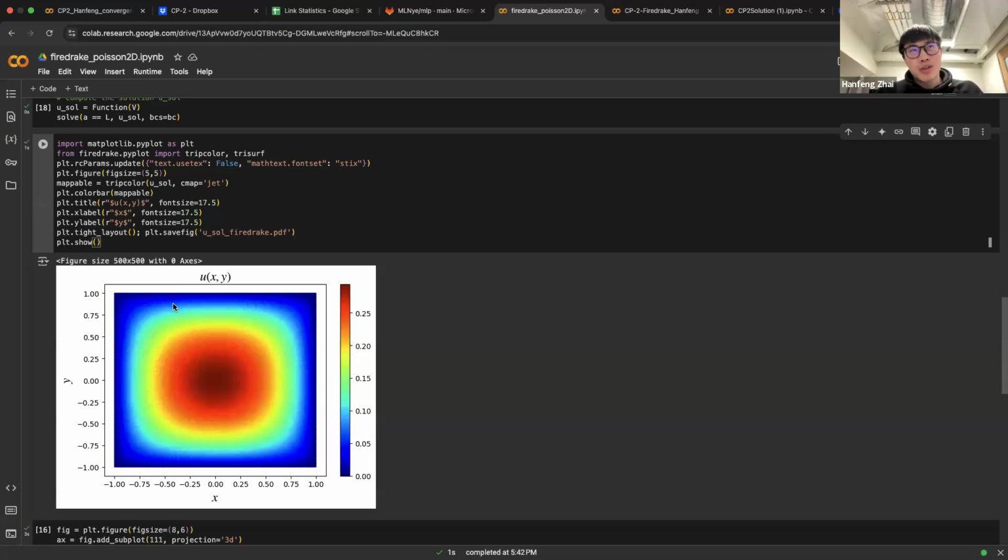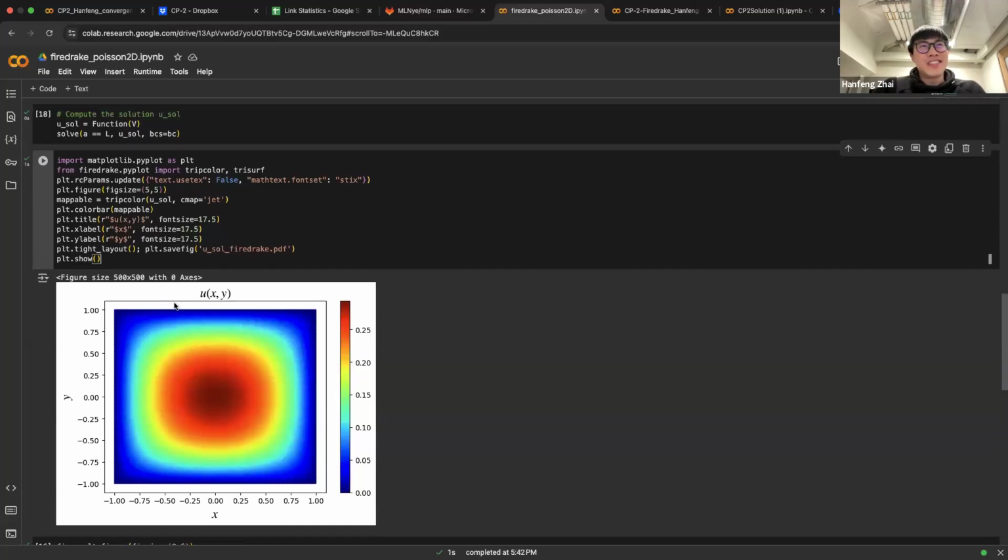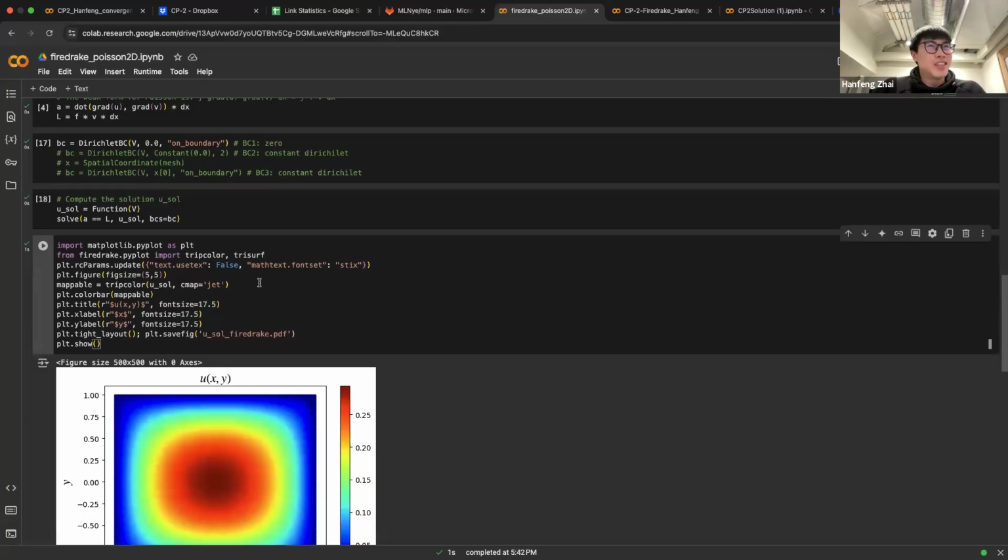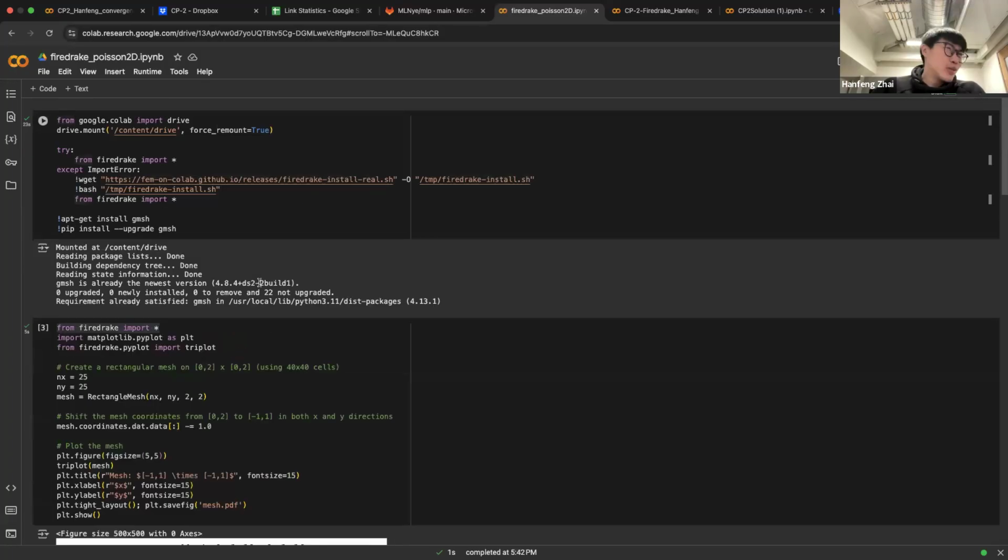So for this computing project 2, in the first part, you're doing the same thing as your CP1. You're basically adopting almost the same code from CP1, but it's actually quite complicated to extend it to 2D. And after that, we wanted to see how easy it is to use open source projects like Firedrake or